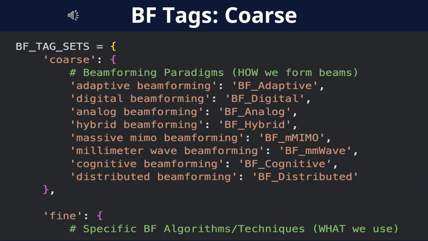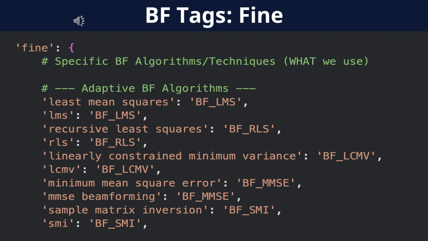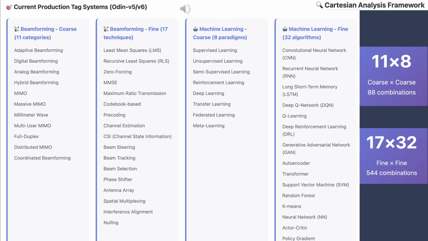This slide shows 8 core tags for beamforming. This slide shows the first 10 of 30 fine beamforming tags. This slide shows the framework for a dual domain classification system. We have 8 core categories on the machine learning side and 11 on the beamforming side for a total of 88 combinations. Similarly, we have 32 fine algorithms on the machine learning side and 17 on the beamforming side, yielding